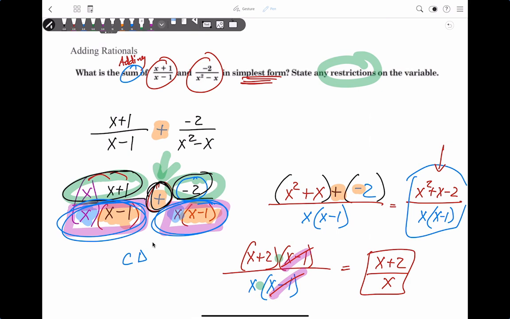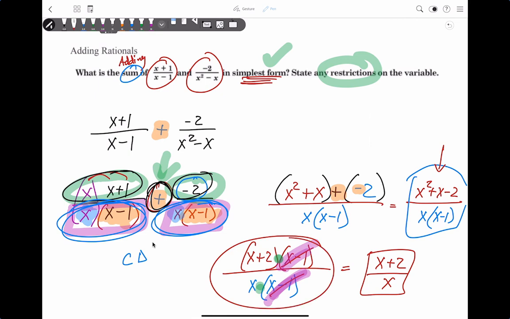Now listen, I canceled right here and here because multiplication existed between those pieces. I cannot cancel those x's right here because addition exists between the pieces. If addition or subtraction, reminder, you can only reduce between multiplicative pieces. Okay, so this right here is my simplest form. Now let's talk about restrictions. Okay, so the restrictions that I'm going to have are going to come from not only the final answer